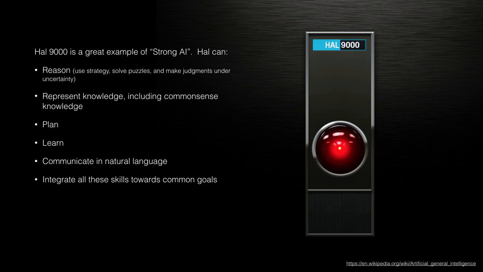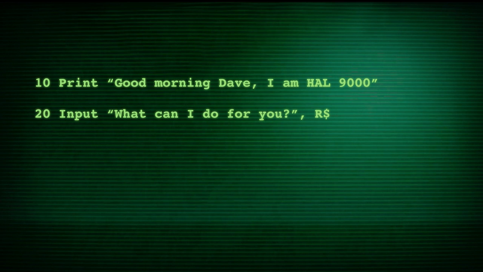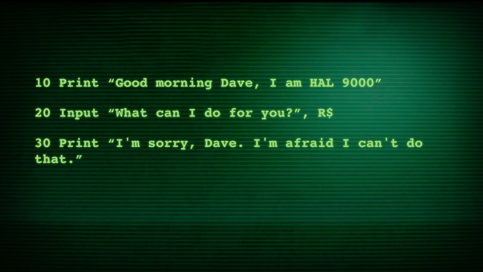Now, also, HAL 9000 ended up wanting to kill all humans, but as a kid, I wasn't too concerned about the kill all humans bit because I decided to use my computer to program up HAL. In the BASIC programming language, of course. Now, in BASIC, it's easy enough to get the user's input, but once you've got something from the user, unfortunately, it turns out that deciding what to do so the computer can react in an intelligent manner is quite a bit trickier. And I failed miserably at it.